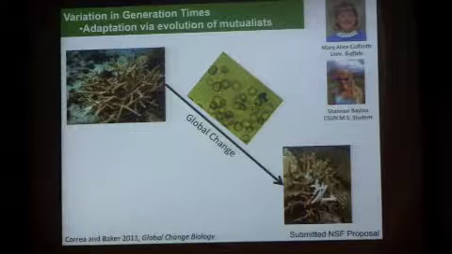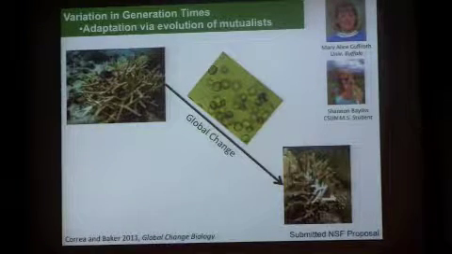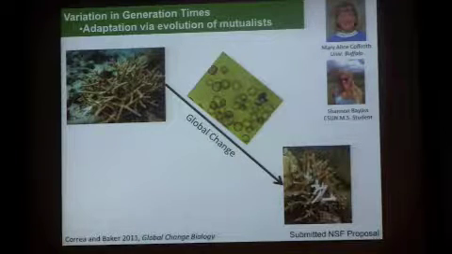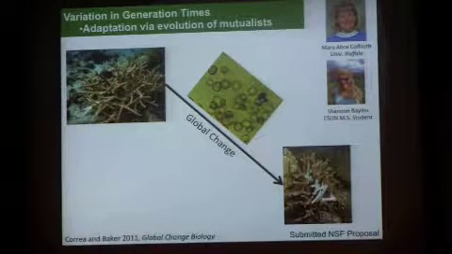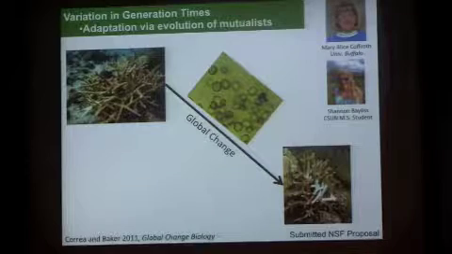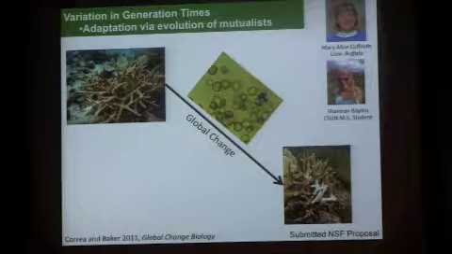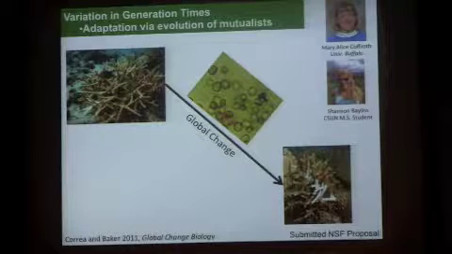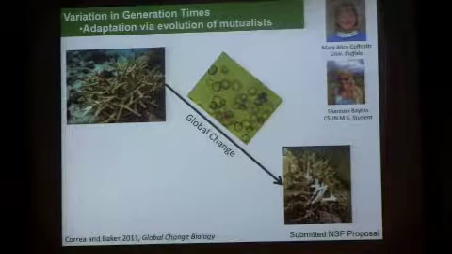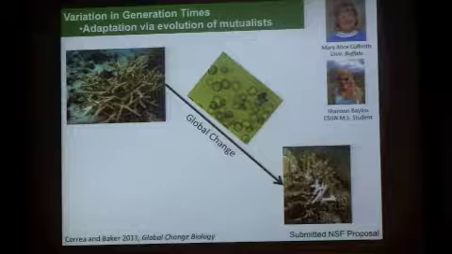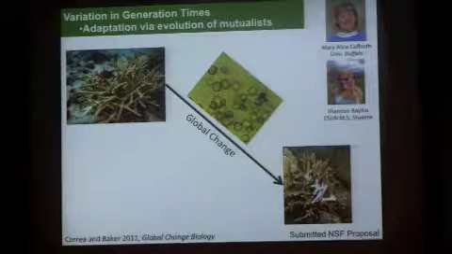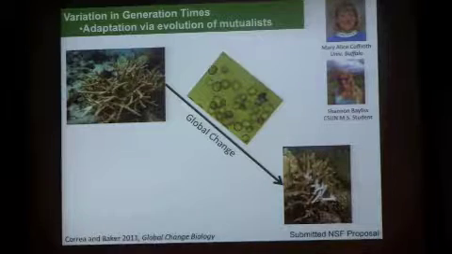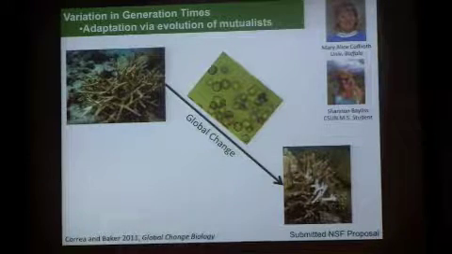So I'm working with Mary-Alice Koffroth to try to do some of this work now, along with Shannon, one of my graduate students, where we're thinking about corals and symbiodinium that grows inside of corals, with the thought that corals are probably too long-lived and generations are too long for them to really rapidly adapt to climate change. But for these algae, a generation time is about a day or so. And so they might be able to adapt to that climate change, and by their adaptation, confer some adaptation to their host as well.